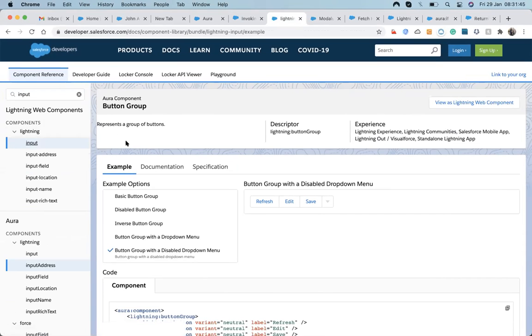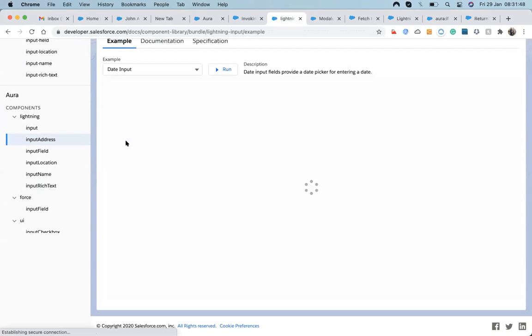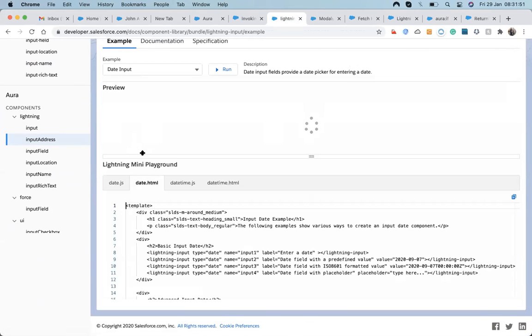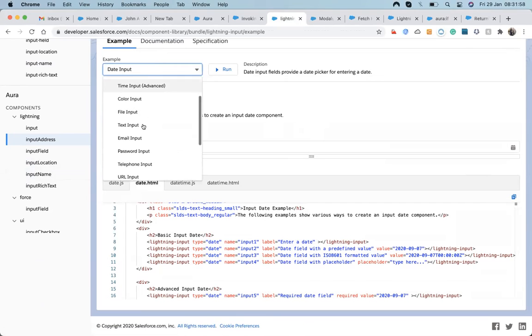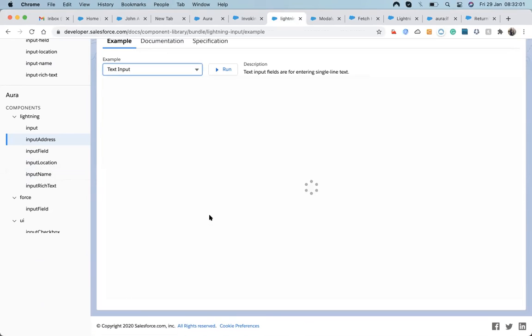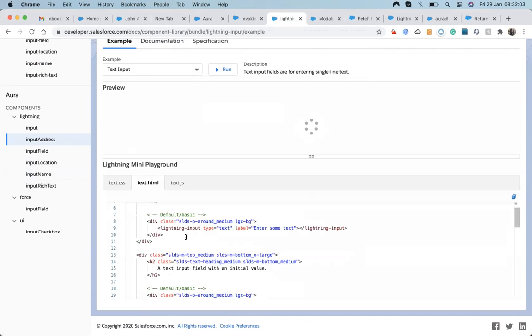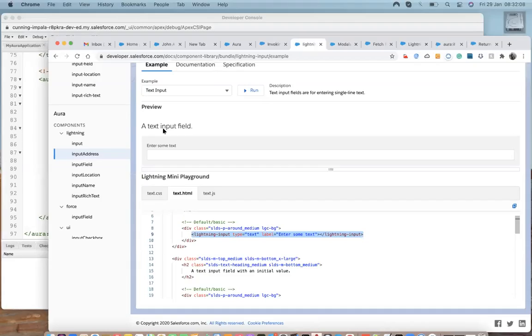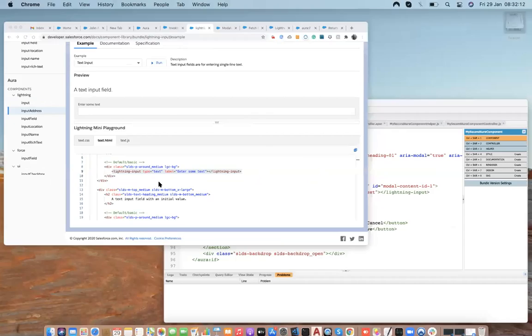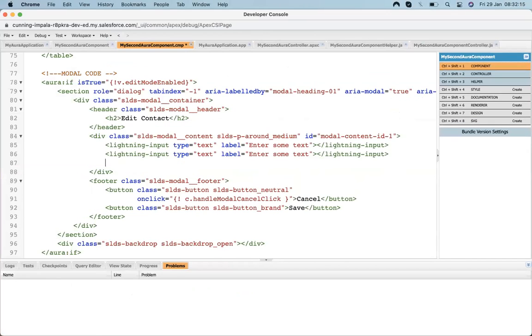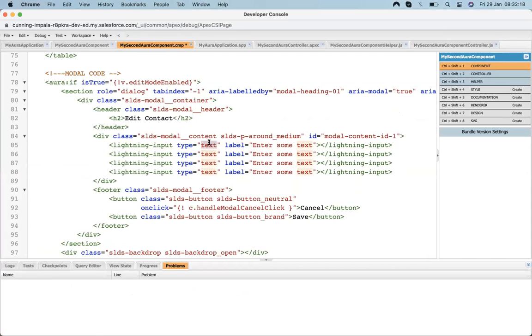Input, text. Let's copy, paste, paste, paste. Sorry, it should be text label.